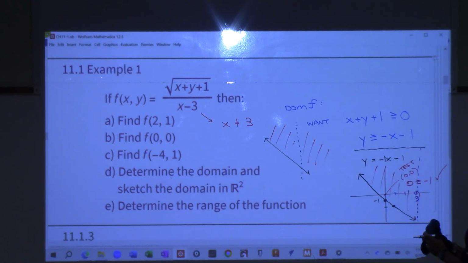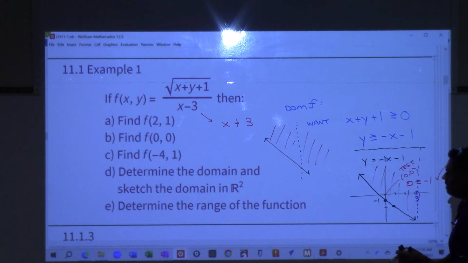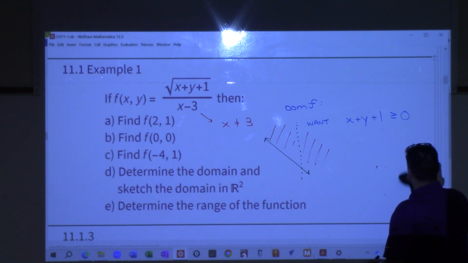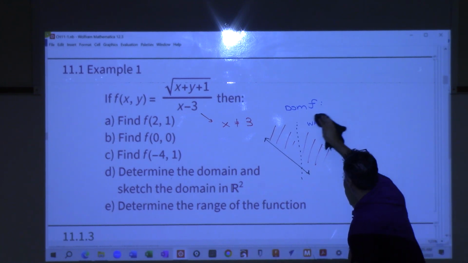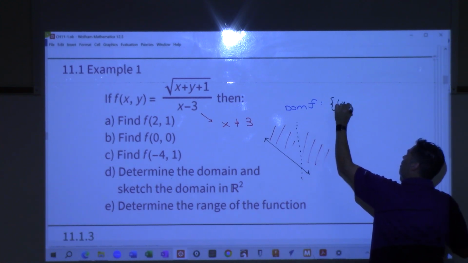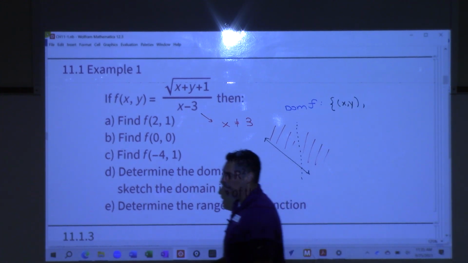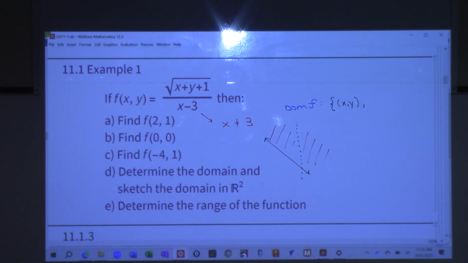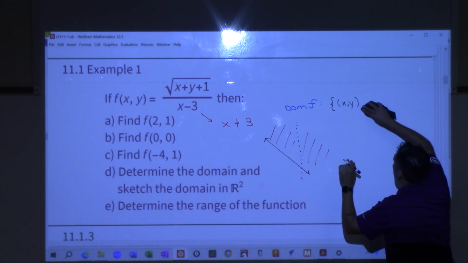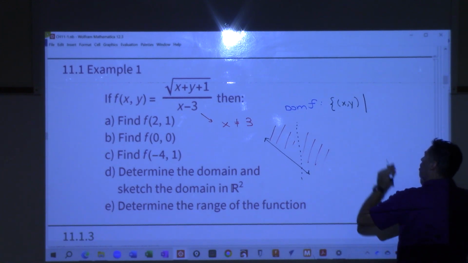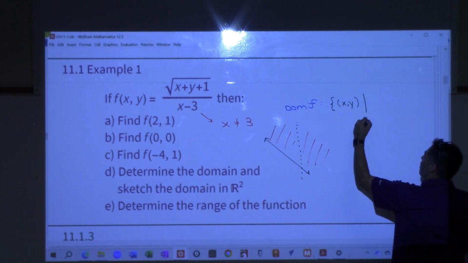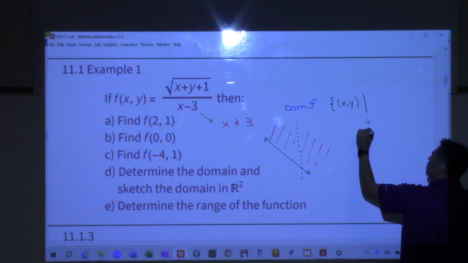To actually write down what the domain is, I'm going to write it the way it would need to be written technically. So I'm going to erase this. So I put something like this. The domain of F, right, is the set of ordered pairs. Remember, our domain are all the ordered pairs that live on the ground here, okay? So I put the domain as all ordered pairs, and you can use a bar, or sometimes books use colons, but usually I use a bar. This bar, anyone know what that stands for? Such that,